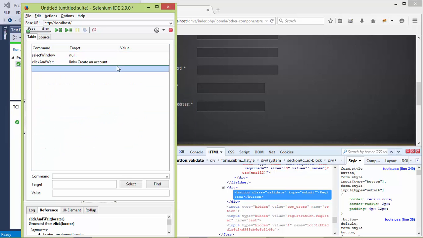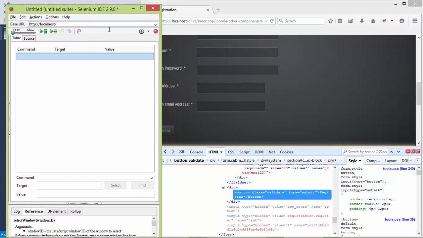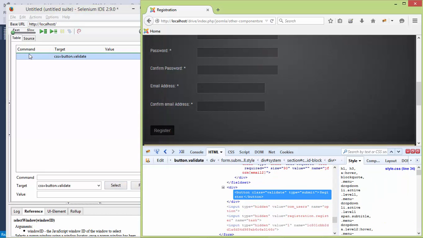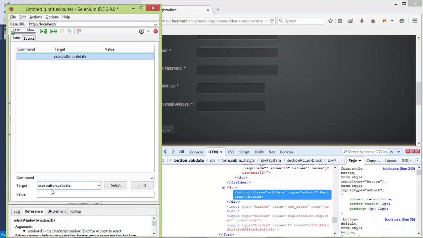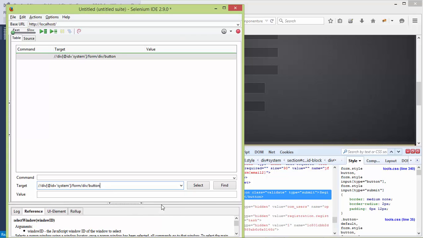Table, and I'm just going to delete everything here for now. I'm going to click record, or we don't even need to record, we just need to select. Let's enter, click new command, select, and I'm going to select that register button. You can see there's a CSS option, and if you look underneath, there's another option called XPath. This is what we're going to use. I'm going to use this relative XPath. I'm going to copy this whole XPath,